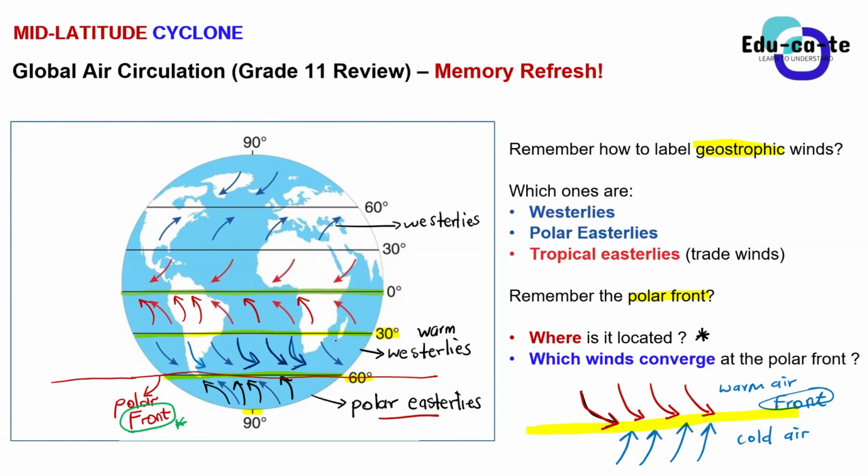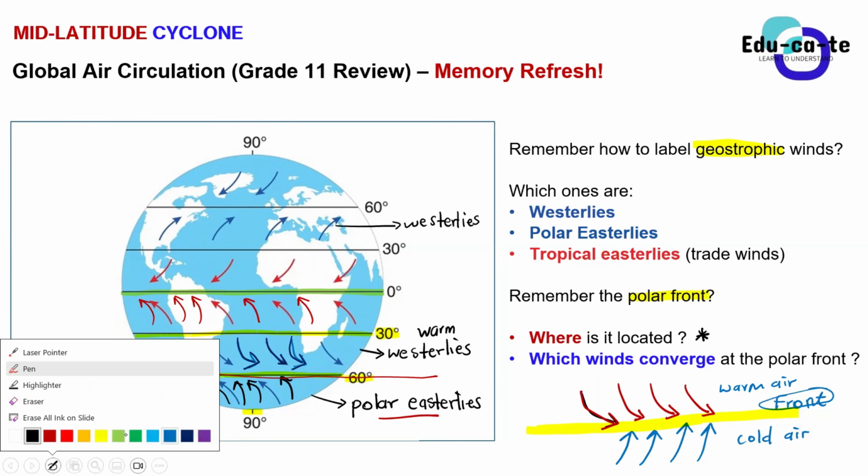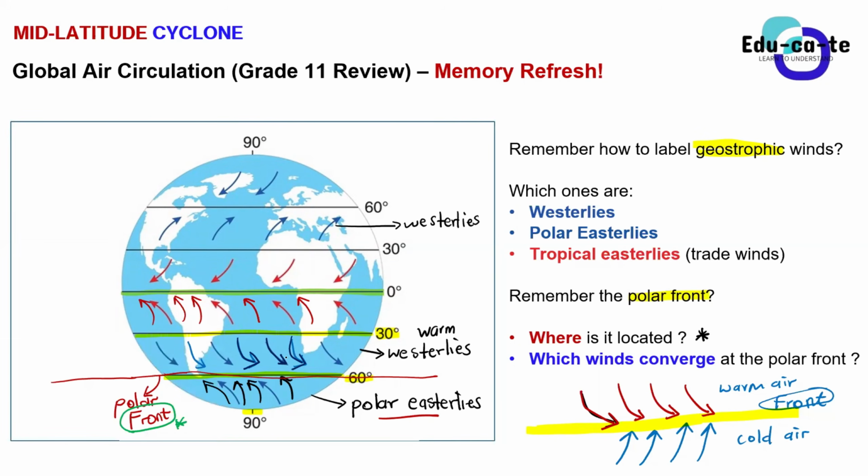So it means that the polar easterlies, they must be what? Must they be warm or cold? Cold. They must be cold, because remember that when they meet at the front, there must be different air masses. So here it means that the polar easterlies are cold. So most of the times, whenever we talk about polar easterlies, don't just say polar easterlies. You must say cold polar easterlies, warm westerlies. Are we still together so far?